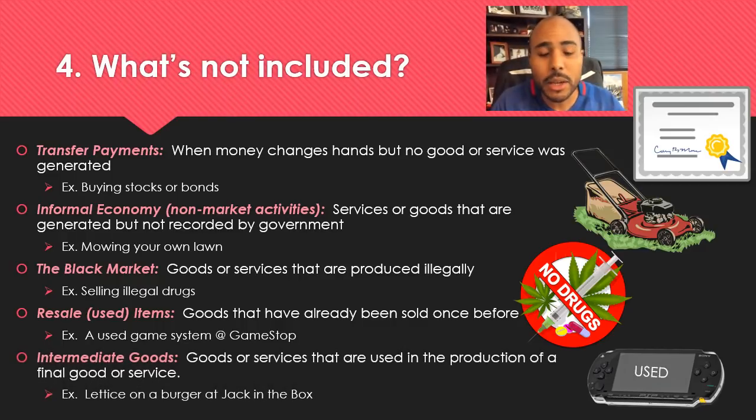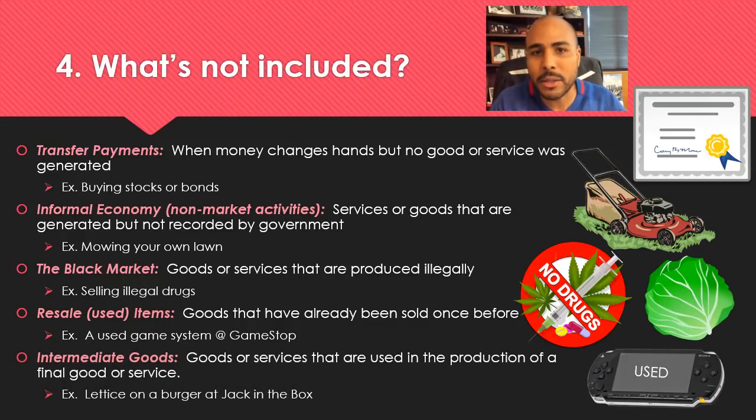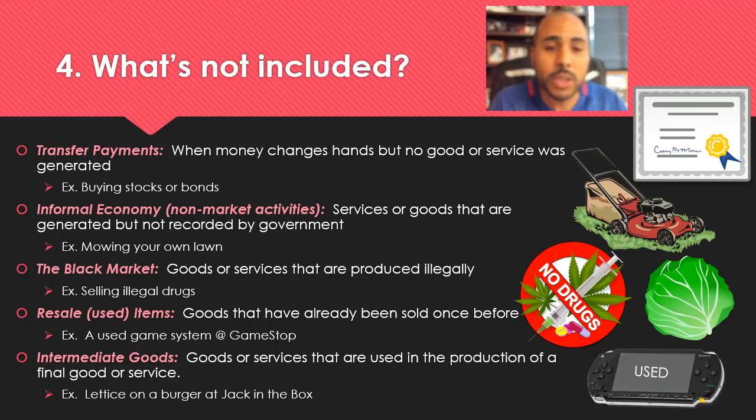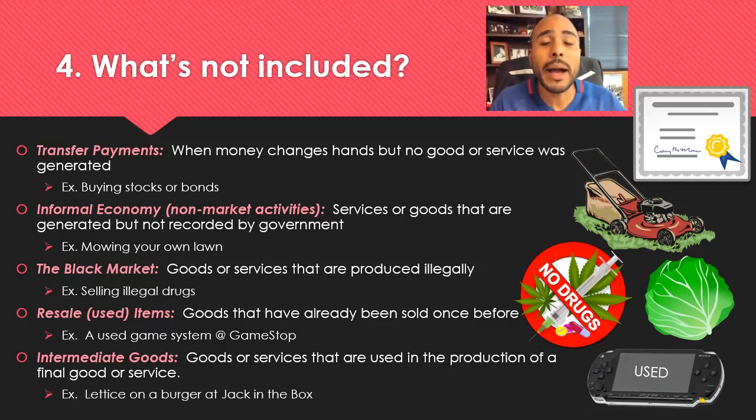Speaking of double counting, we don't want to count intermediate goods. Like for example, if you go buy a burger at Jack in the Box and that burger has lettuce on it, we don't count the lettuce in the burger. The reason why is because we only want to count final goods and services. So in that scenario, the burger that you buy is the final good, and all the inputs that go into making the burger don't count, because if we counted things like the lettuce and the burger, it would amount to